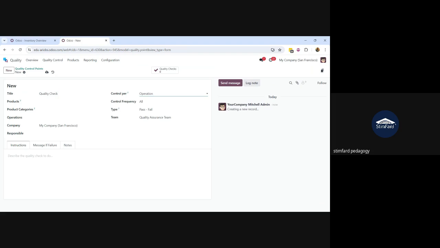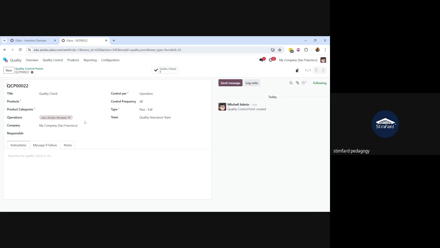So like if you are receiving, if you don't want to do the quality checks on every product while receiving that product, you can go with the specific product option. But if you want to do the quality checks on every receipt operation, you can go with the option of control per operation. Okay, and then you also need to select the operation. So we want to process the quality checks upon the receipt operation. So let's say okay,